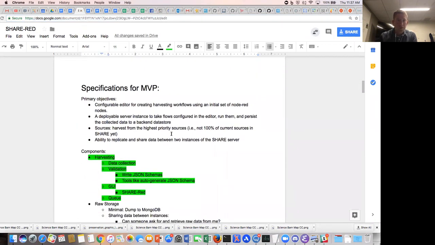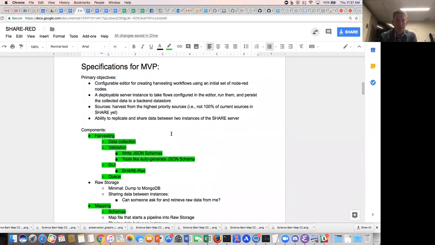If you look at page 2 and then 3, at the very top of page 2, it goes from the general to the more specific. Generally speaking, having a configurable editor for creating harvesting workflows with some predefined nodes with Node-RED, and a deployable server instance to take flows configured in the editor, run them, persist them, and collect the data to a backend data store.